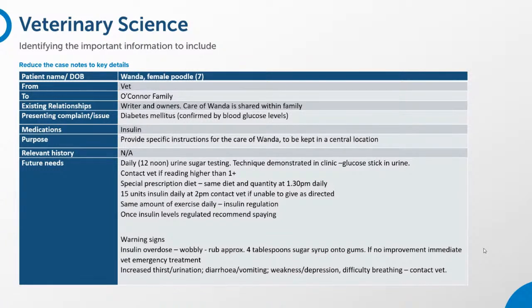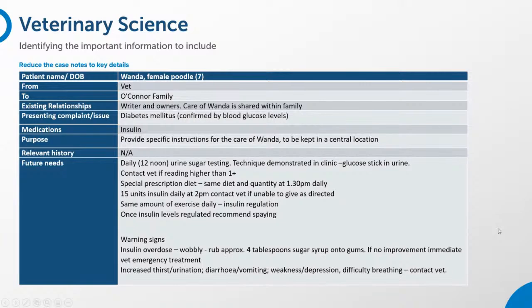headings that you can see down the left-hand side are a really useful thing to memorize, so that when you're looking at any set of case notes, you can look specifically within the different sections to find the information that fit with each of those headings. And it helps you to correctly identify the information to include, as well as the information to omit.